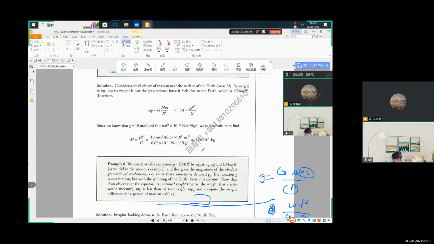Example 8. Gravity, absolute gravity. Now this one is a little tricky. G equals